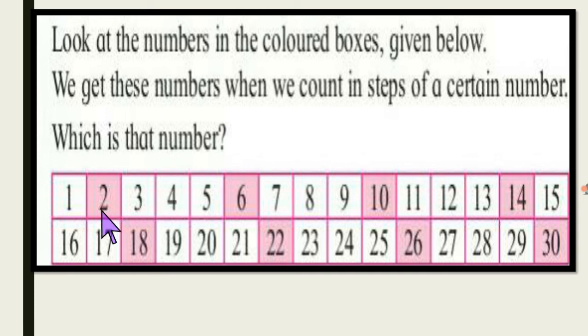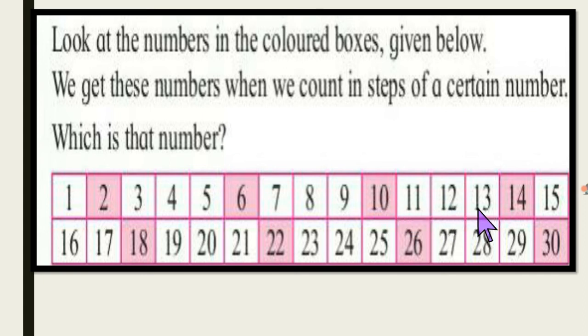So we start from number 2. After 2 we start the counting. 1, 2, 3, 4. How many steps are here? Yes, here it is 4 steps. Then after 6 we count again 4 steps forward. 1, 2, 3, 4. Do all of you understand how many steps I take here? Yes, 4 steps. Then after 10 again we count 4 steps forward.